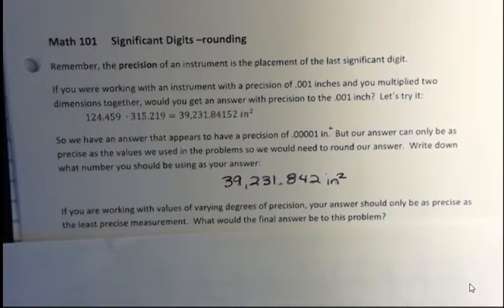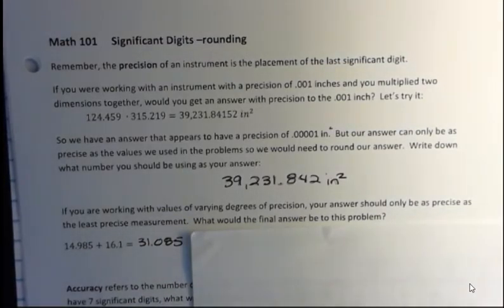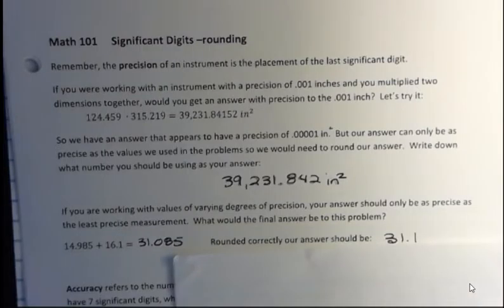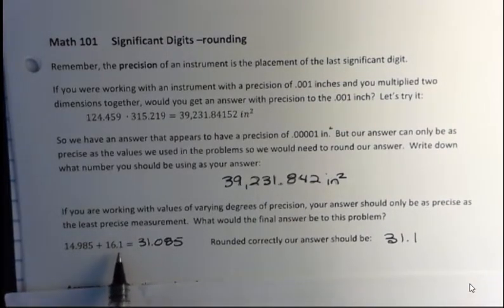If you're working with values of varying degrees of precision, your answer should only be as precise as the least precise measurement. So what would the final answer be to this problem? And I already have it shown actually. But if you had 14 and 985 thousandths and you added 16 and 1/10, first you would get 31 and 85 thousandths. But what should your answer be here? Well, your answer should be 31.1, because you can't be any more precise than that least precise one. And the least precise one we had was 1/10. Therefore, that 0 looking one to the right is going to become a 1,